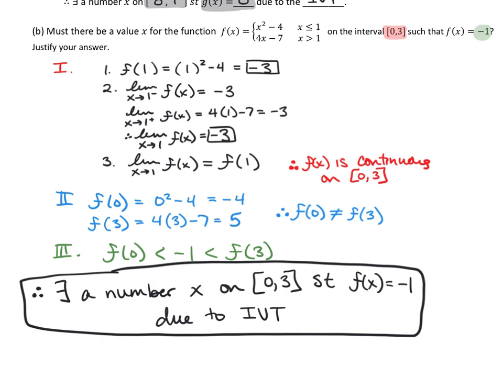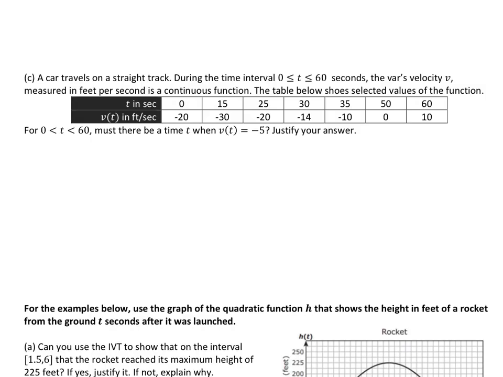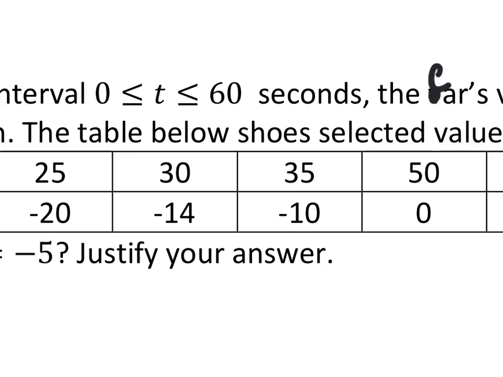This problem C is a very AP style question. So if you're going to be taking an AP math class, this is the way a lot of the questions for this unit would be written. It says a car travels on a straight track during the time interval from 0 to 60 seconds. The car's velocity v measured in feet per second is a continuous function. The table below shows